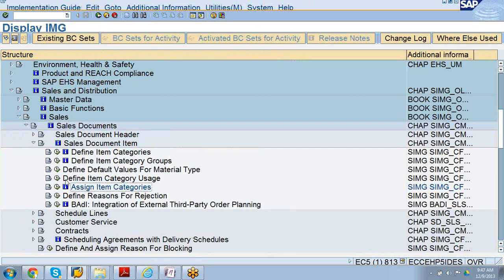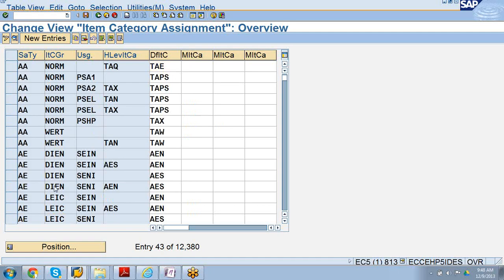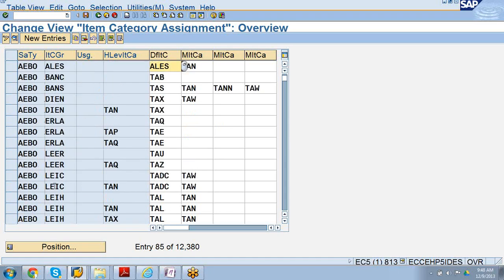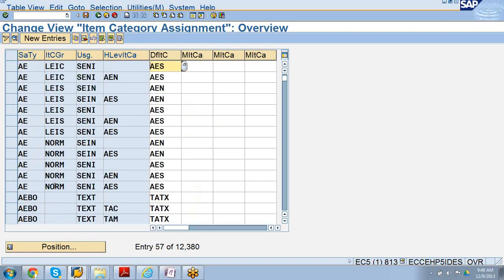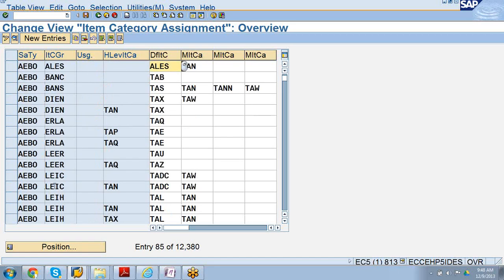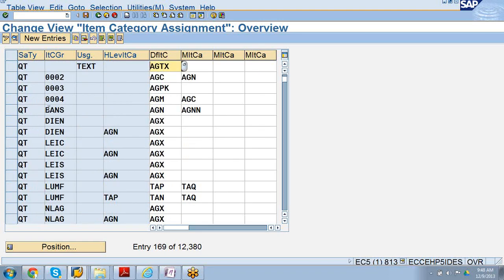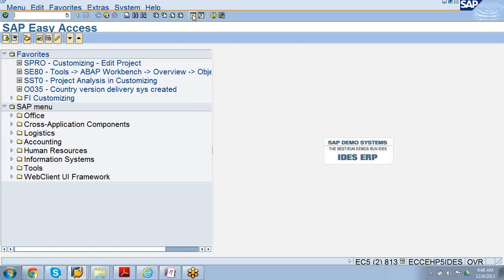Go to this, you can see assign item categories. Suppose, have you created any new document type quotation? Let me open a new session.